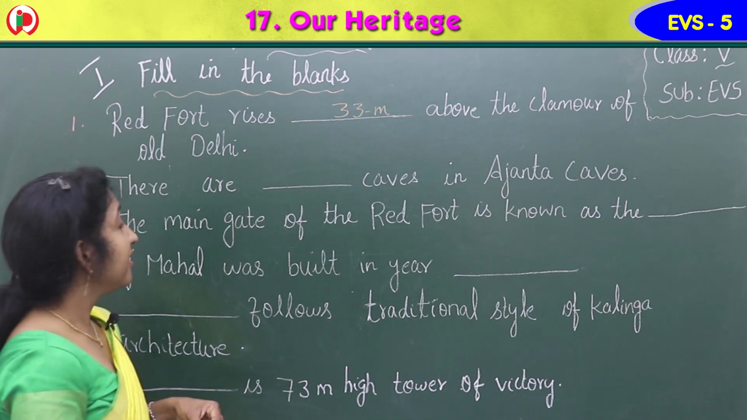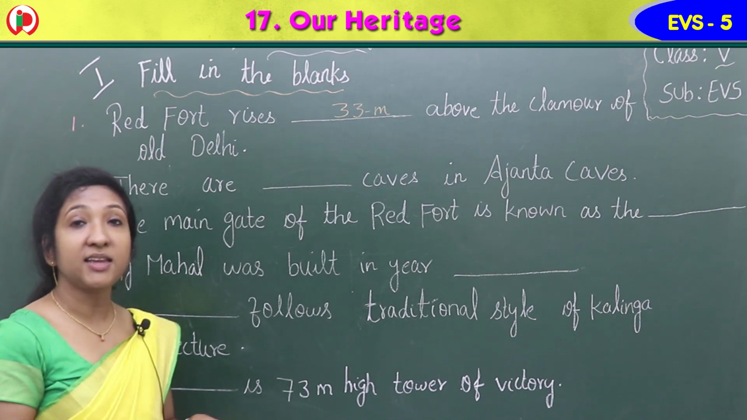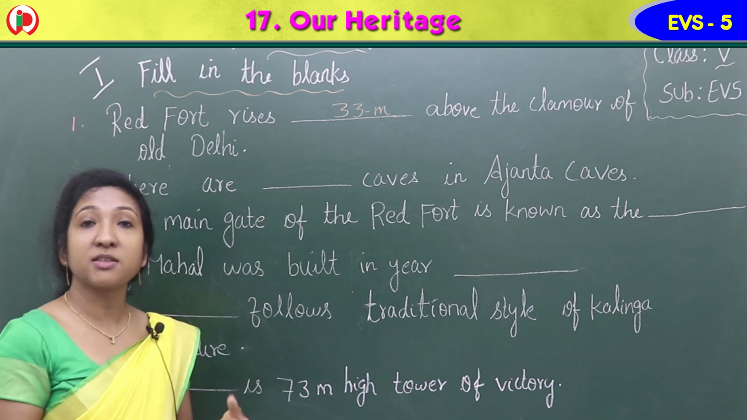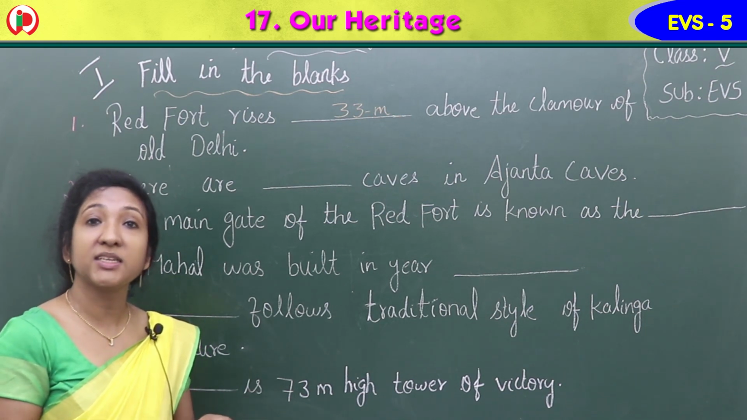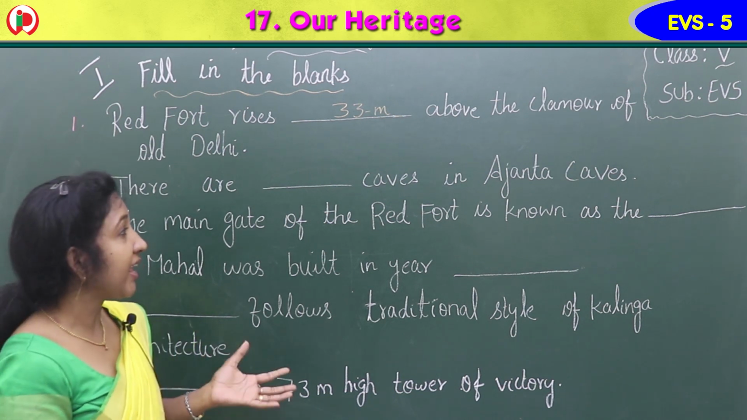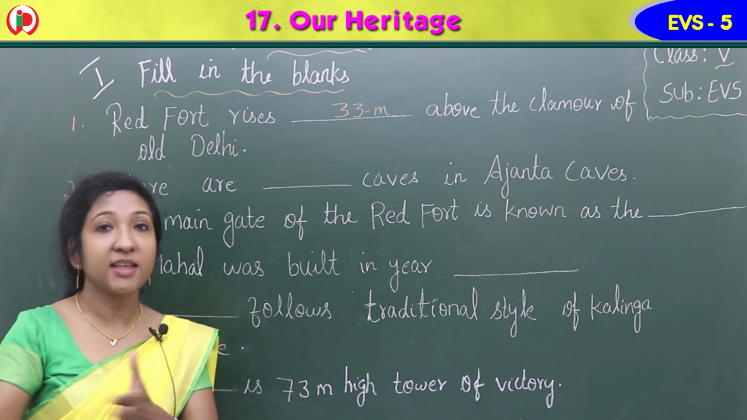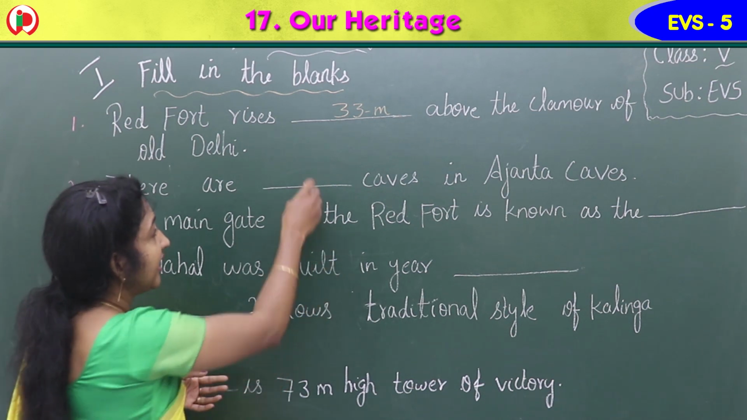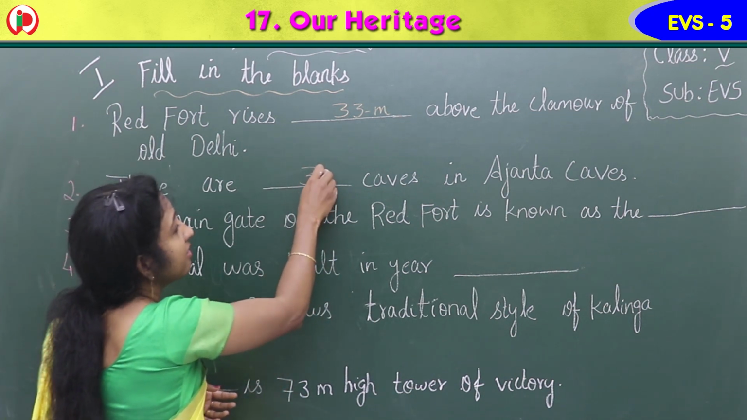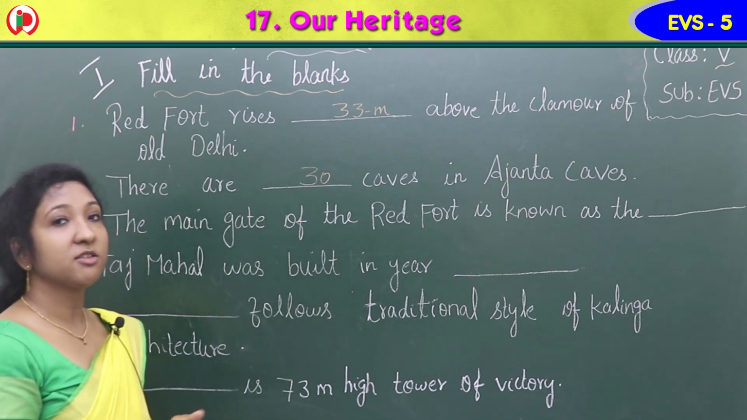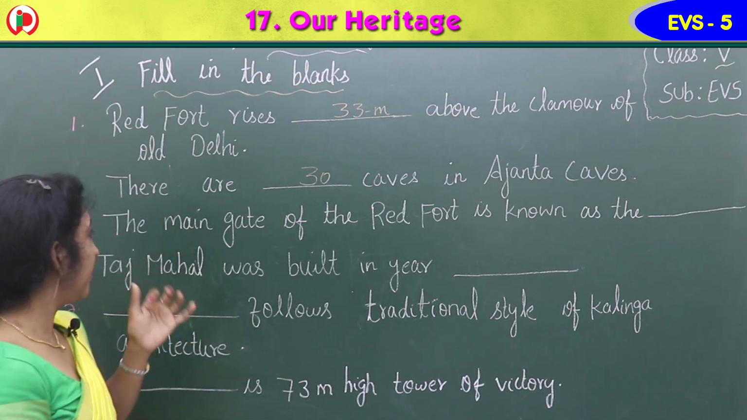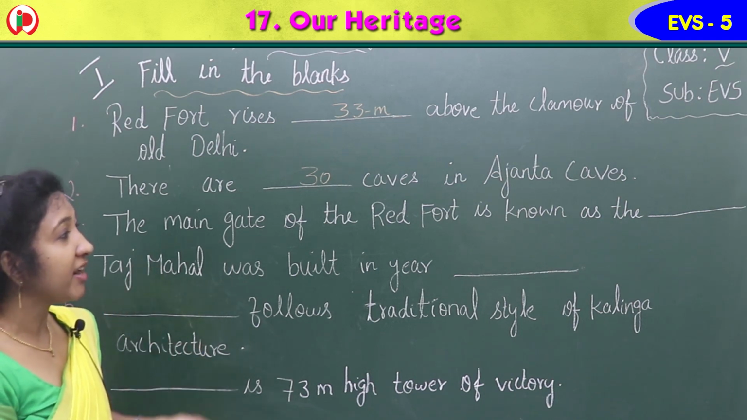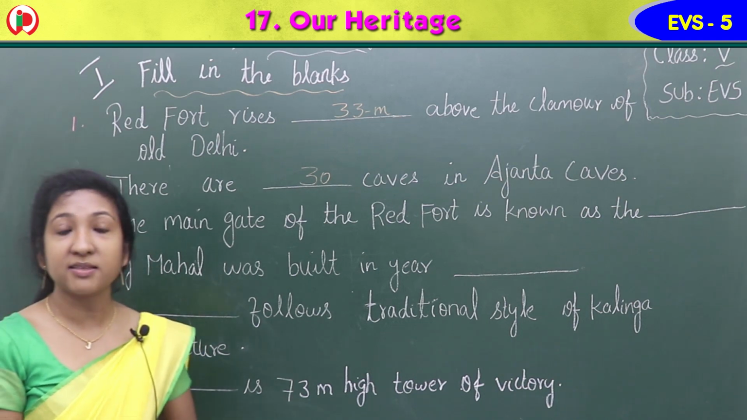Now the second, there are dash caves in Ajanta caves. Yes, Ajanta cave is one of the famous, popular Buddhist monuments in India. So how many caves are there in Ajanta along with the unfinished ones? There are 30 caves in Ajanta caves. 30. Now coming to the third fill in the blanks, the main gate of Red Fort is known as,